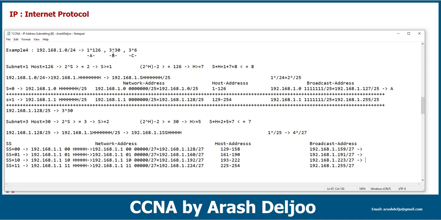Here I'm going to use these 3 networks for scenario part B. In scenario part B, we needed 3 networks. In each network, we have 30 hosts. Because of that, you can use these 3 networks for part B of the scenario. Again, we have 1 spare network. And now it's time to convert this spare